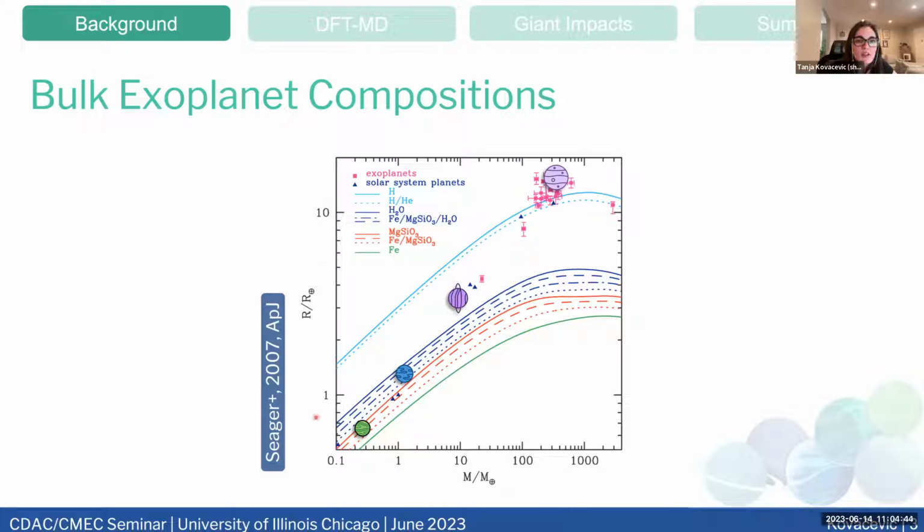And then we have radius on the y-axis. If we plot an equation of state, so let's pretend we have a planet that's 100% iron, we can plot the equation of state, so how the mass and radius would change if they're both increasing, like let's say the mass is increasing, how the radius changes as a function of that. And then we can just plot the exoplanets we found. Back in 2007, we didn't have a lot of exoplanets, so those are those pink ones, but we have our solar system planets here. And we can see we got some maybe gassy planets. The terrestrial or rocky planets are located a little lower on this plot.